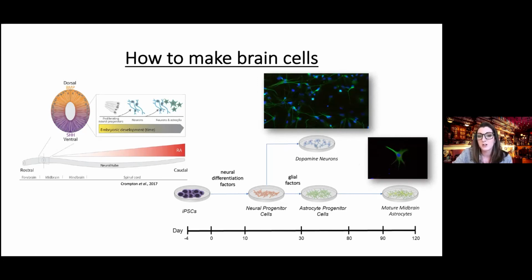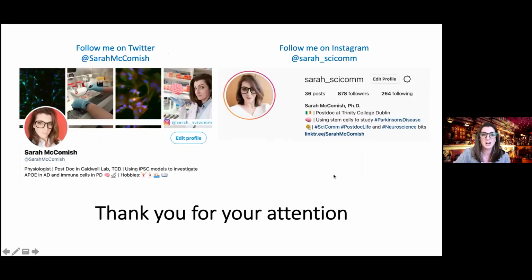So in this figure, there's a representative image of the neural tube, which is the primitive central nervous system. So this section here would become the brain itself, with the forebrain being towards the forehead, the midbrain in the center where the substantia nigra is and what is affected in Parkinson's disease, and then the hindbrain, which would be towards the back of the head. And then at the end of the neural tube, you would have the spinal cord, which is also part of the central nervous system. So it's possible to apply different concentrations of different factors at very specific timings to differentiate cells into any of these regions of the brain. So in order to make